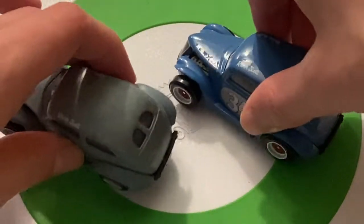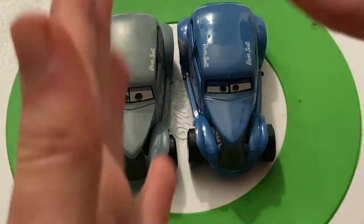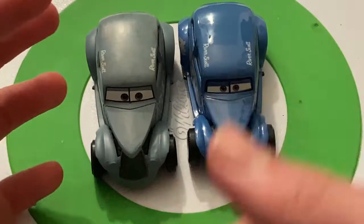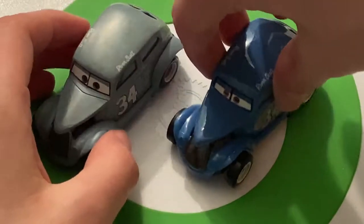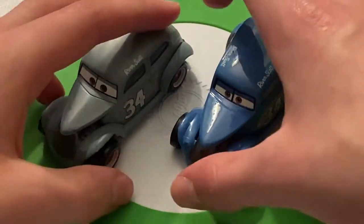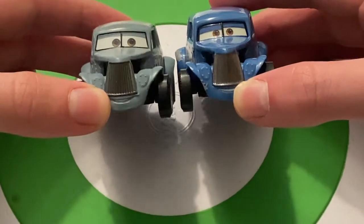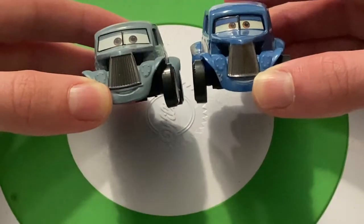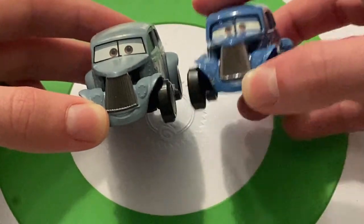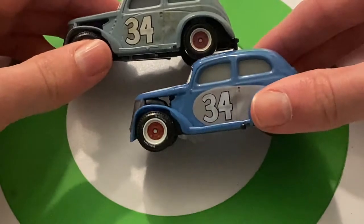But here he is compared, obviously, to just normal River Scott. Obviously, the major difference is that he was blue, and he's obviously kind of faded out to, like, a grayish color, rusted out. Got some dirt all over him, some rust. So, obviously, that's a huge difference. You can also see that the expression is different, which I'm glad that they changed it up. Although he looks more, like, tired in this one than he does in that expression. I don't know, kind of interesting, but...